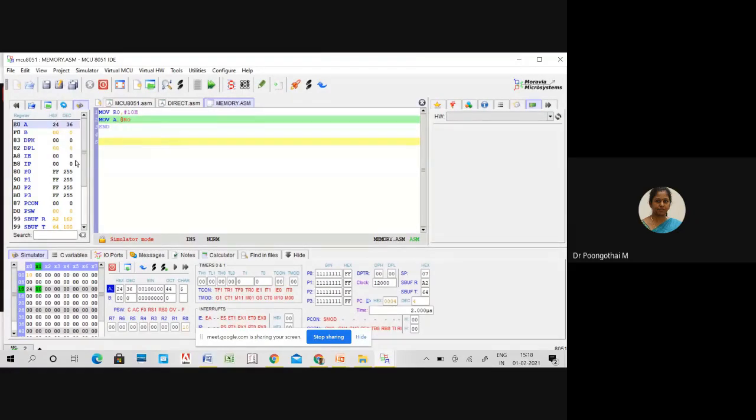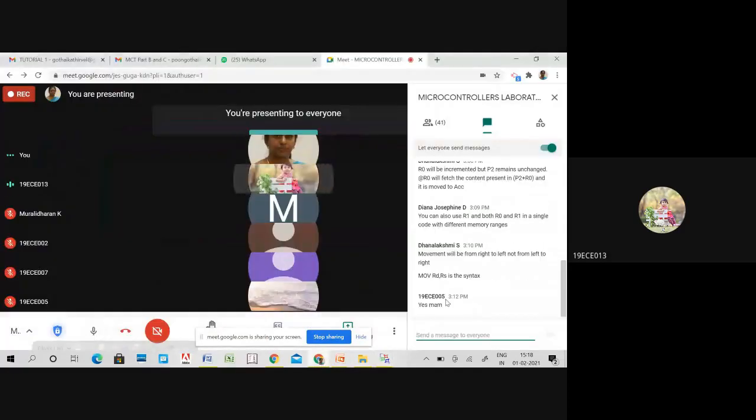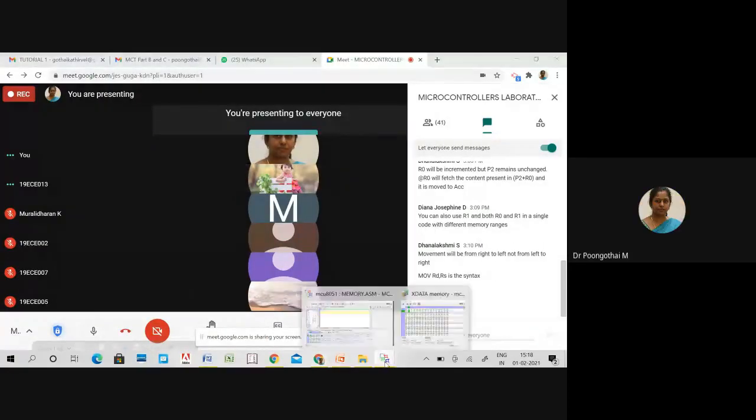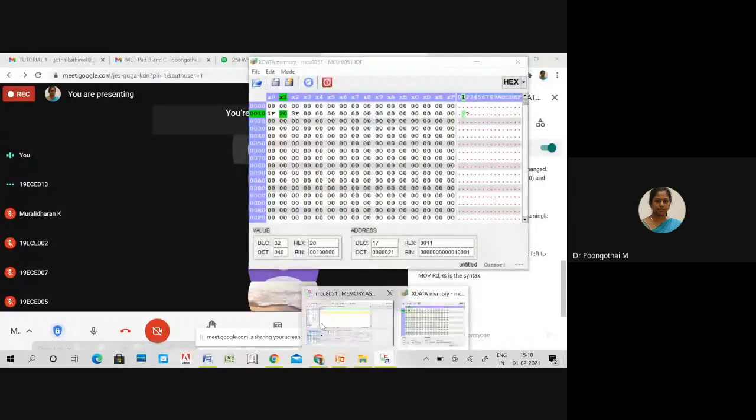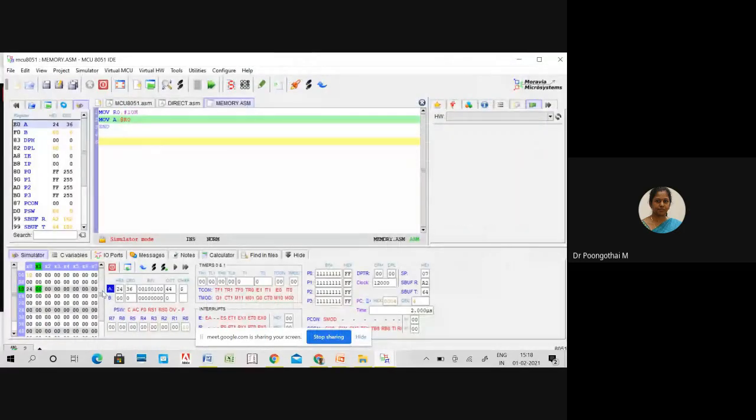Yes, ma'am. Ma'am, whatever we give to the external memory, this window is your internal memory. It is the user accessible area. You can access the memory locations from 00 to FF. Okay. Now I have given the input at 10. According to the instruction MOV A, @R0, the data pointed to by 10 will get transferred to the accumulator.